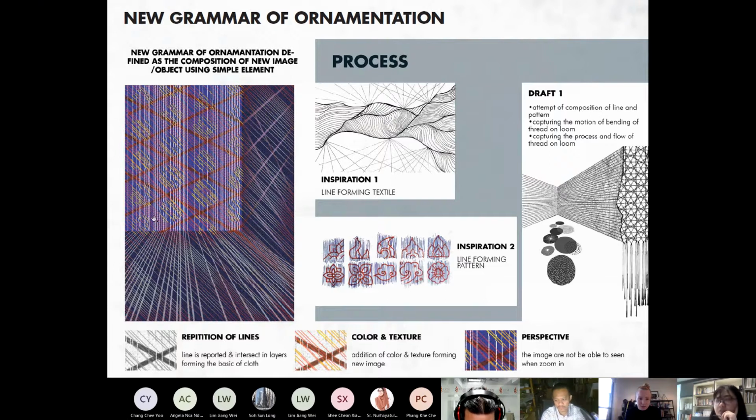It talks about three main points. First is the repetition of lines, where every line intersects with each other, making how the cloth is formed. Then I add colors and textures on the lines, so they start to form a new kind of image instead of just a basic cloth. So in the end, it forms this abstract art.